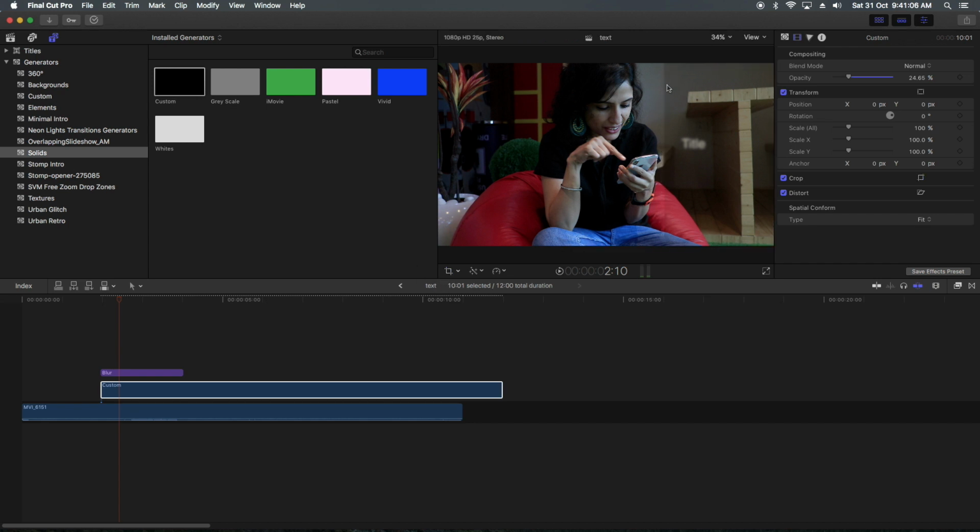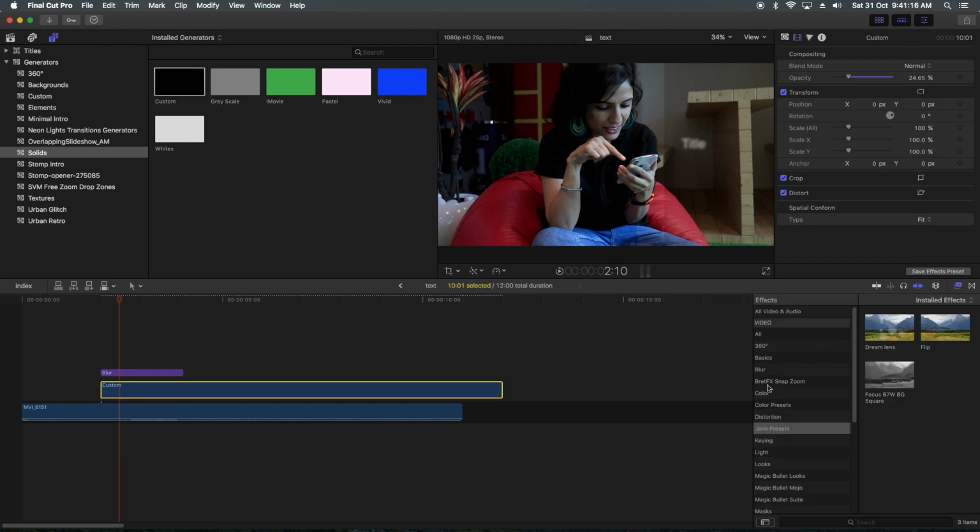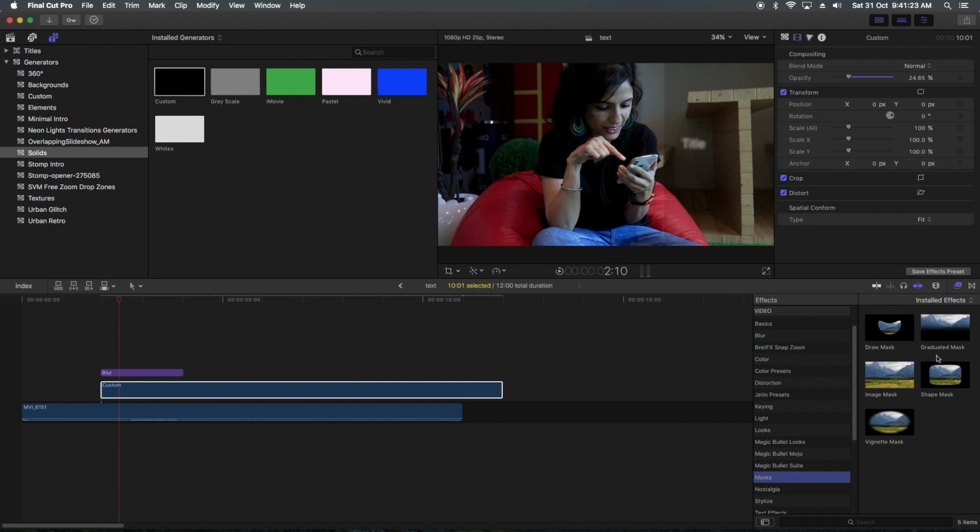Okay, now it's giving a very sharp edge. So what I have to do is feather, make it smooth. To make it smooth, if you analyze all these filters, there is a filter here called graduated mask.